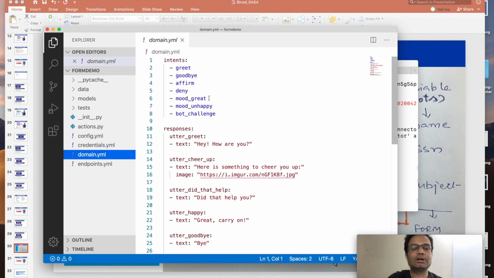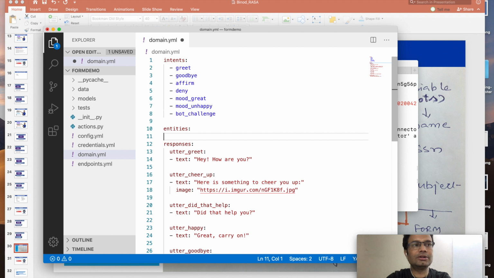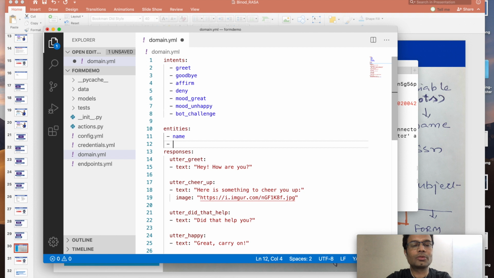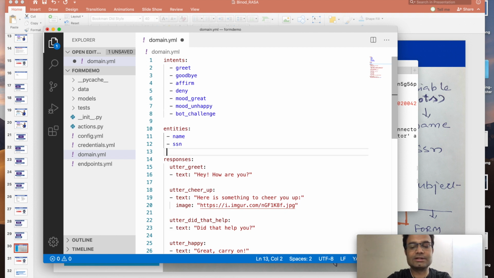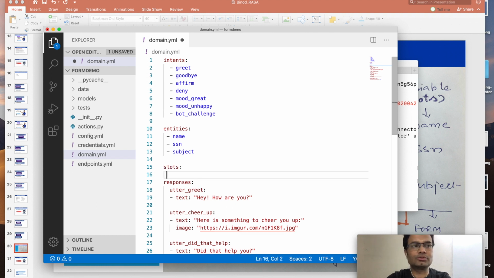So what do we need? First, three entities: name, SSN, subject, right? And in the same way we need three slots also.